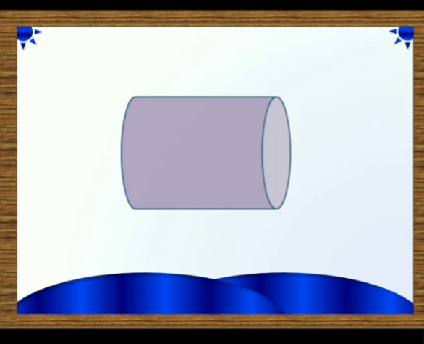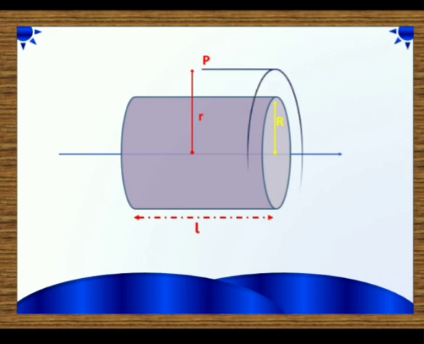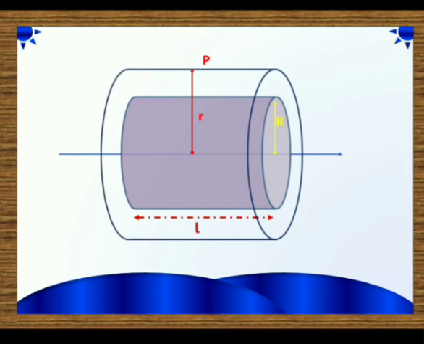See here, this is my cylinder, this is the axis of the cylinder, my cylinder radius is capital R, and the length of the cylinder is L. From the axis at a distance r there is a point P at which I have to find the electric field intensity, that is outside of the cylinder. To do that, what I have to do? I have to draw a Gaussian surface like this. If I draw the Gaussian surface, it looks like a cylinder again. This is the Gaussian cylinder.